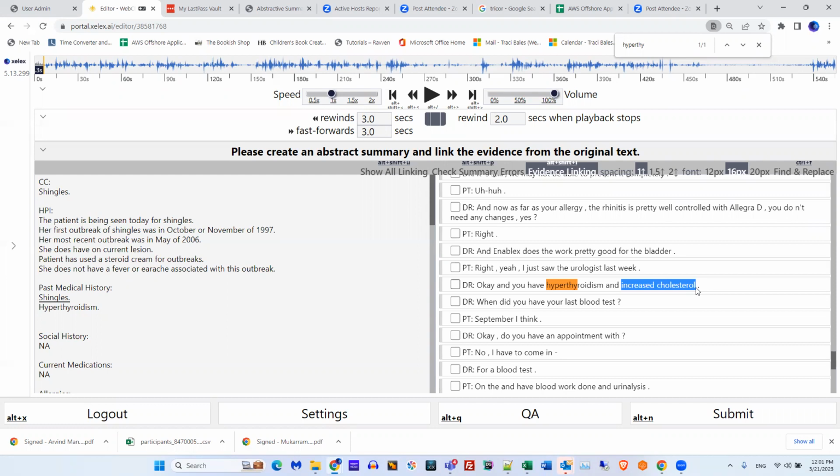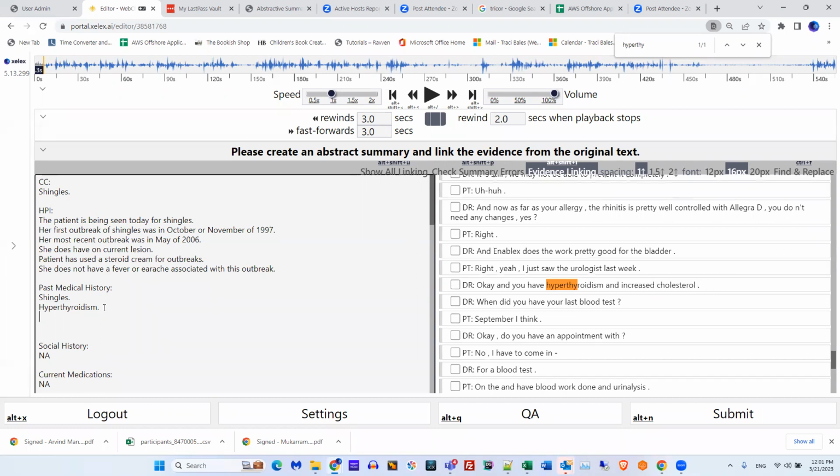Because we're wanting to increase accuracy for speech recognition, we don't want to use hyperlipidemia. We want to use increased cholesterol. We want to use the terms that are used by the patient and the doctor. So the doctor did say hyperthyroidism, so I used it, but he did not say hyperlipidemia. So I'm going to use increased cholesterol because that's the term he used.